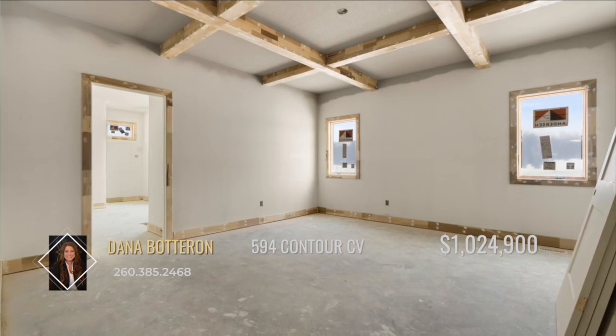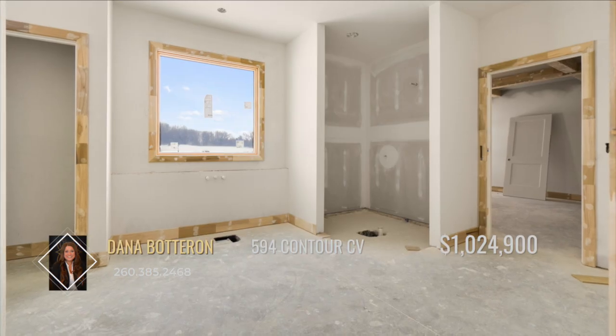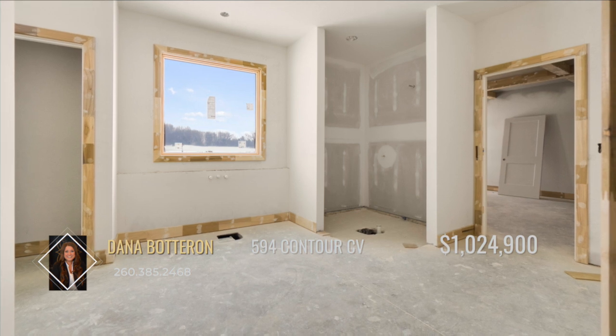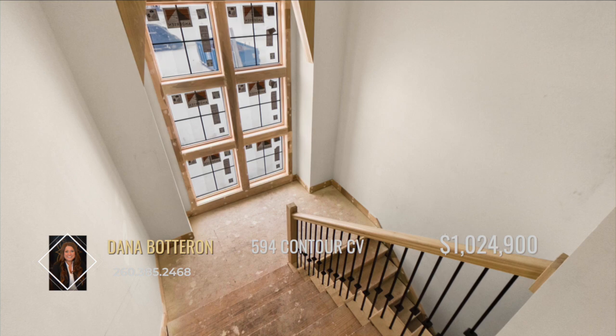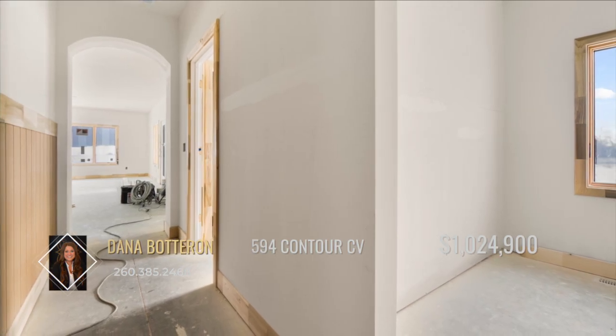The primary bedroom is your personal sanctuary. The ensuite provides a custom tiled walk-in shower, soaking tub, an oversized vanity with 2 sinks and a separate dressing table. This 4-bedroom, 3.5-bath home is full of custom detail at every corner and situated on a beautiful lot in